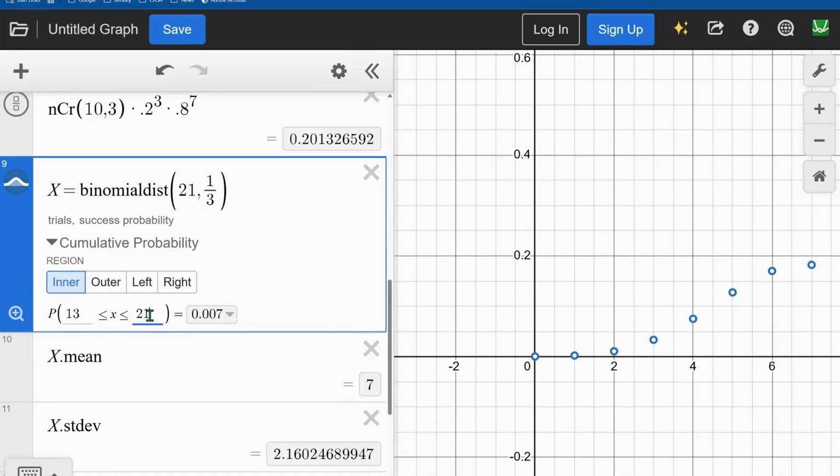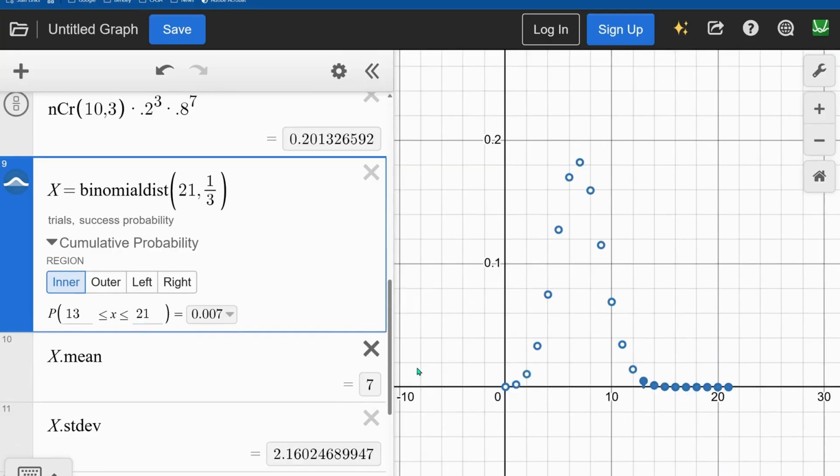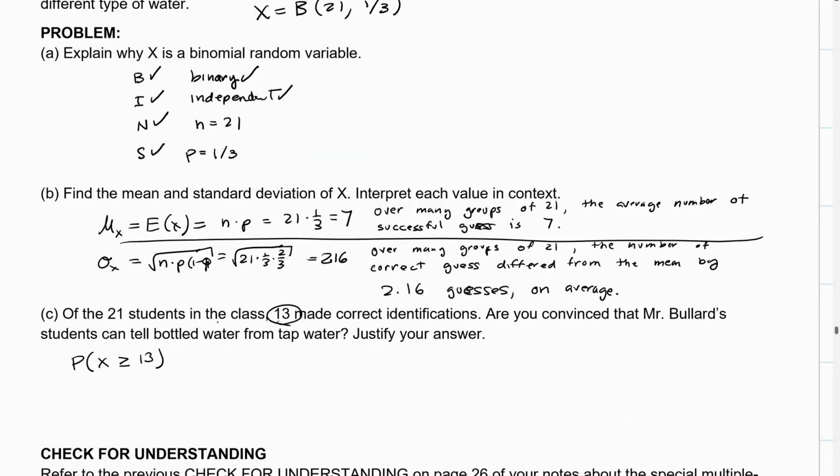Ooh, that's a pretty low probability. You can see all those low probabilities being added up. So 0.007, which is less than 5%,